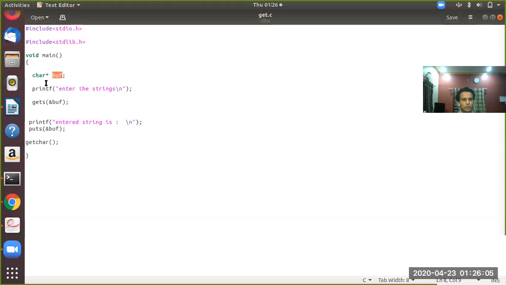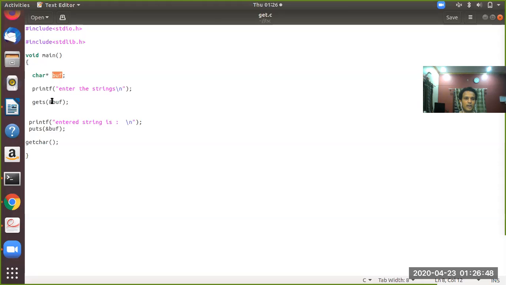Now, to make the program interactive, I will add a statement, printf enter the string, and after printing that string, you enter a value, and that entered value must be recorded to the variable buff. So here please note that I am using a new function called gets, and the argument to this gets function is the name of this variable, buff.